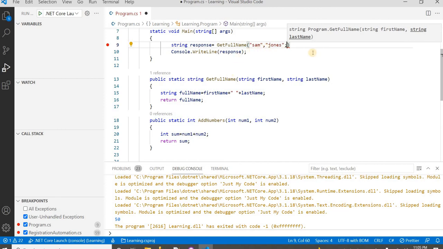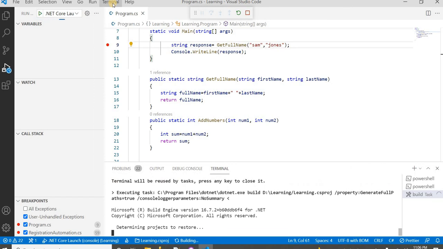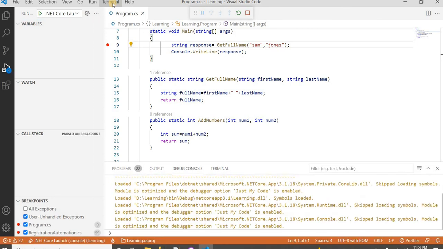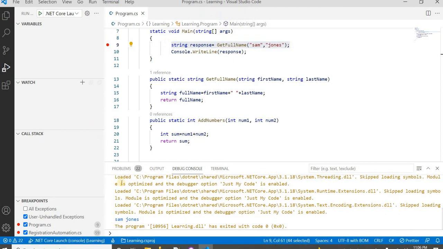Let's see what it will print. Now Sam Jones is printed with a space because we are adding a space here. So this is another method which gets called using just the method name here.